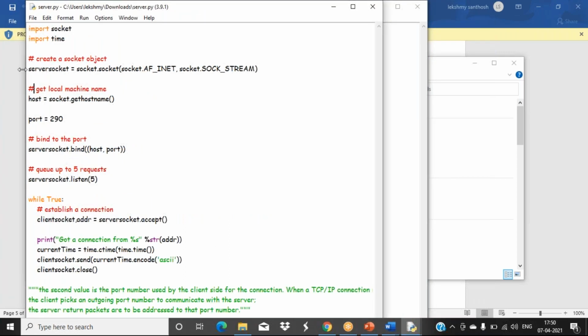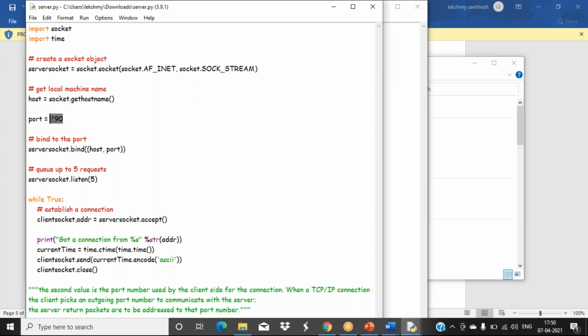So we imported the socket module and the time module. This is how I showed you to use the built-in modules. Now, how do we create that object reference? We have to use socket like this. These are built-in values, so we mainly just refer to them. Now we use gethostname to get the host value, or the IP address of your machine, and I stored it in the variable host.